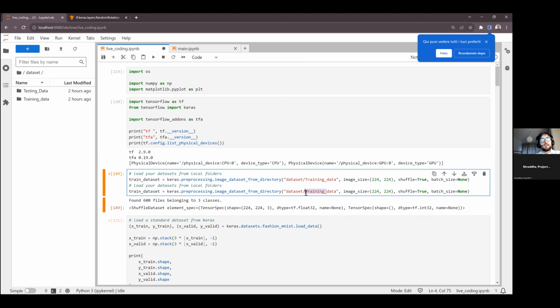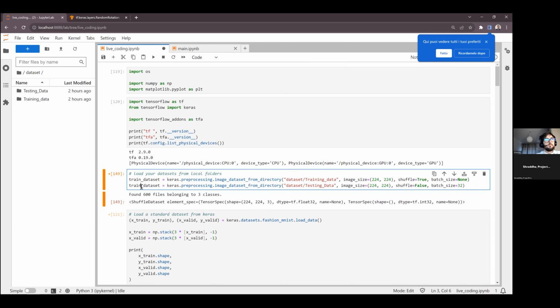It's called testing data. Here I don't want to shuffle, so shuffle false. Maybe I'm okay with batching the validation data set. Okay, but this is up to you. You can do again what you want. Then you still have to, let's say, do the documentation, batch data for the training, etc.